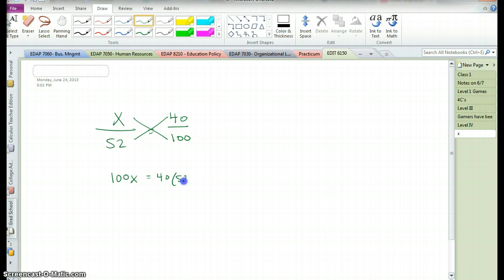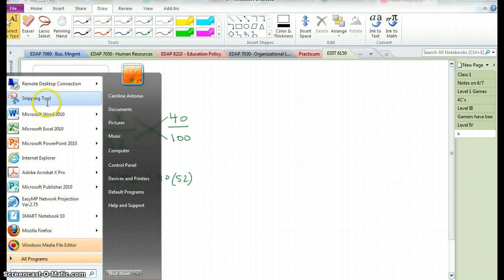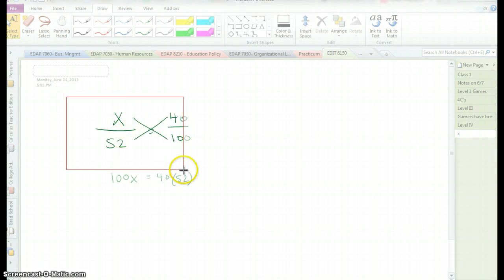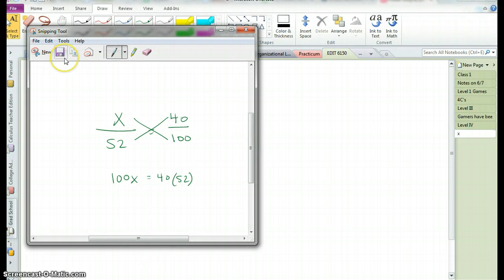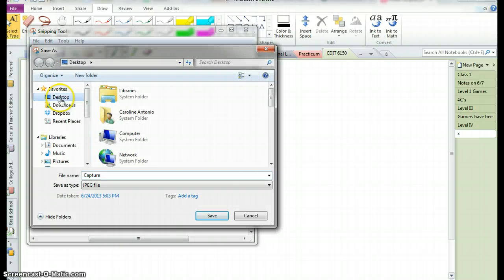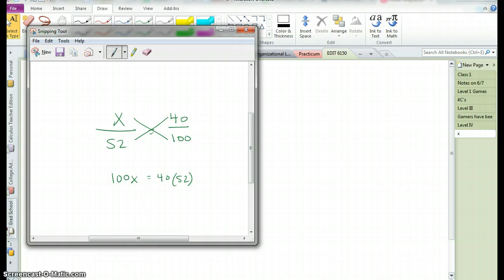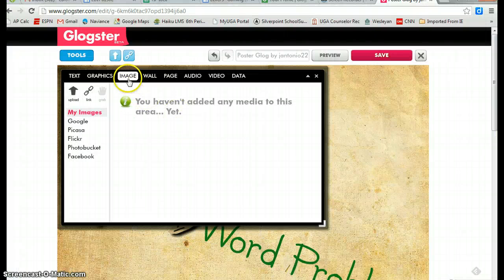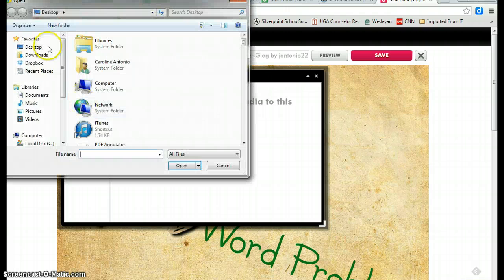I'm maybe going to put some things into my calculator, but let's say I work it all out on one page, and then I can use my snipping tool that I'm sure y'all have used before, and I can snip my work, and then I can save it to my desktop. Okay, so I'm going to press save, click on desktop, make sure I save it there, and say that it's my work. Click save, and then I can come back to my Glogster, and under images I can say upload, and I want to go to my desktop, and I want to find the file that I just saved, my work file, and I want to open it,